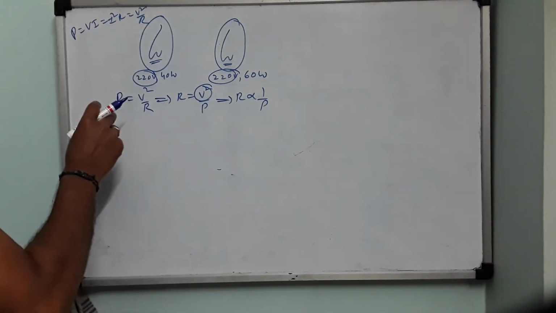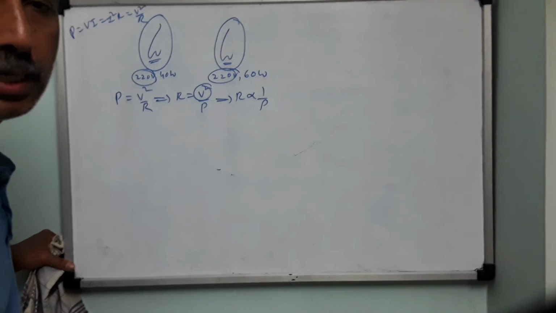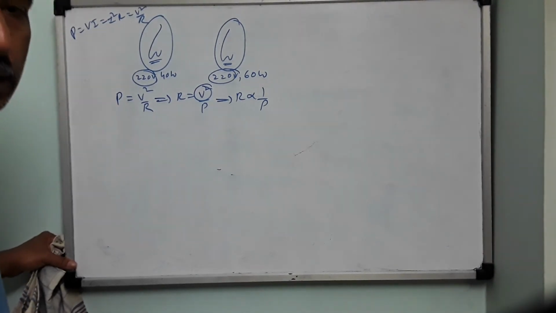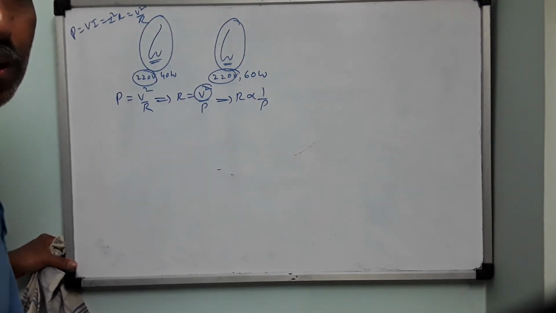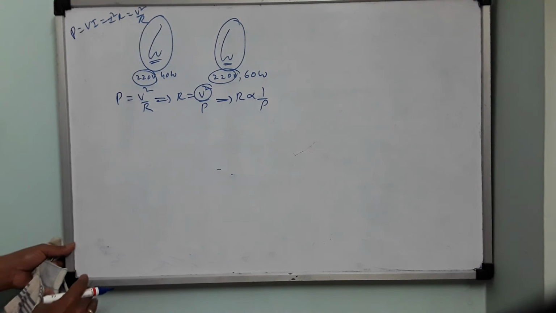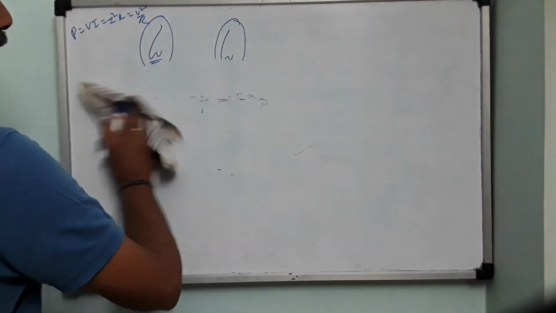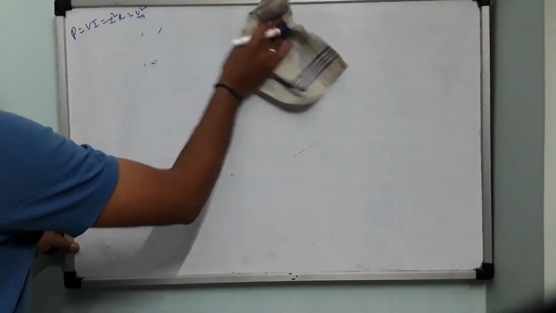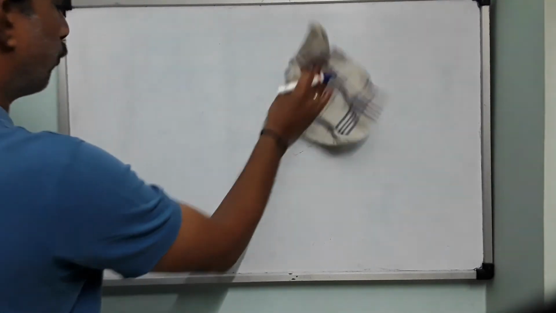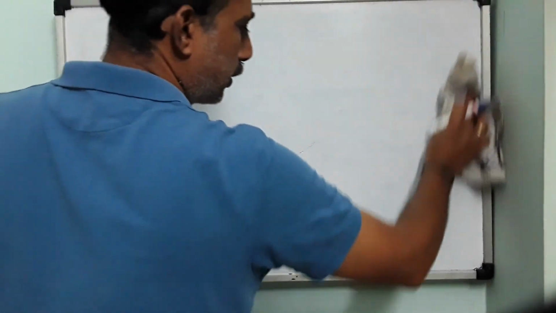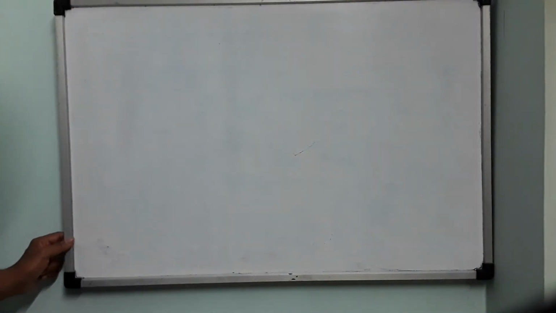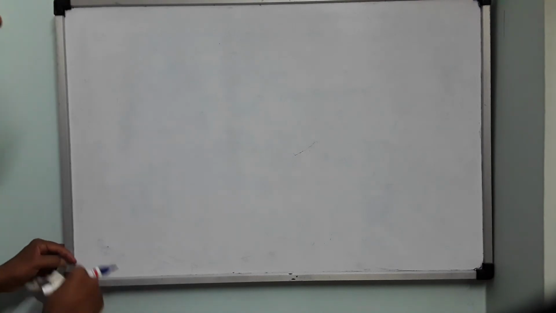Right? So when such resistors are connected in series, and when connected in parallel, what will be the effective power consumed by both the bulbs? That we are going to deal with now. In the previous class, I also told you the importance of P equals V square by R as far as transmission of electricity is concerned, from generating stations to our domestic purposes.